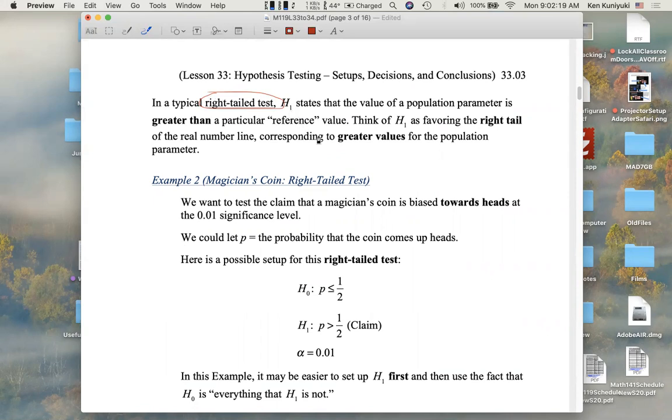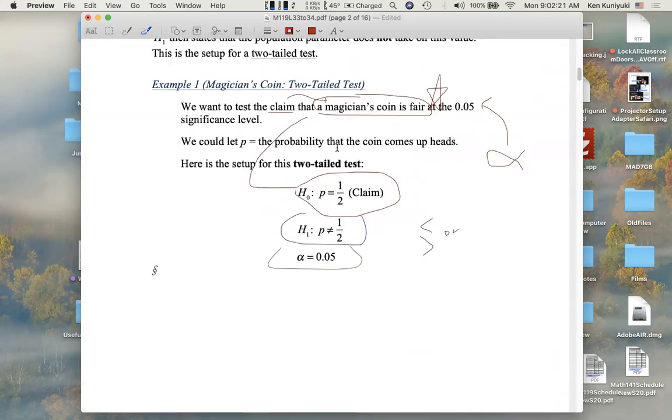okay? For example, in the two-tailed test, right? Imagine that this is a number line for P. Okay, then in the two-tailed test, the alternative hypothesis favored both the right tail, the higher values of P, and this left tail, the lower values of P, away from 0.5. So in a two-tailed test, the alternative favored both the right tail and the left tail on this P number